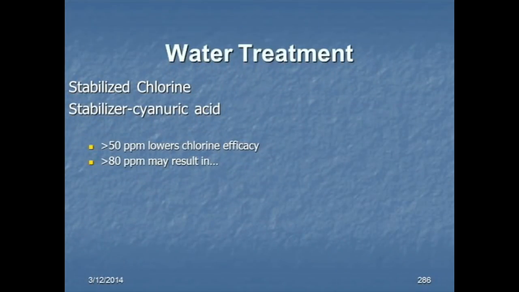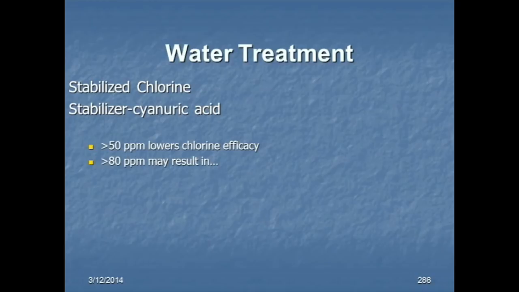Stabilized chlorine. In fact, what the studies that the CDC has given us show, the studies that I've talked to the CDC about, is that once we see numbers getting above 50 parts per million stabilizer in our swimming pool, it binds up the chlorine so much that the chlorine becomes less efficient. It loses its efficiency. And in fact, what we found is above 80 parts per million, some of the studies